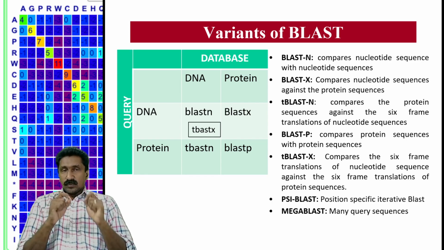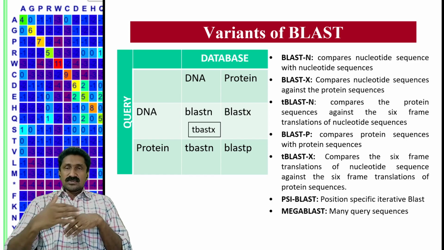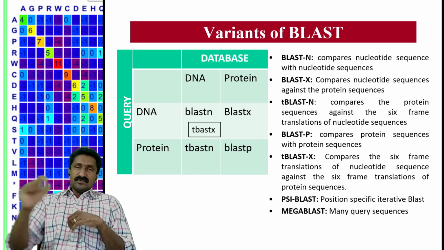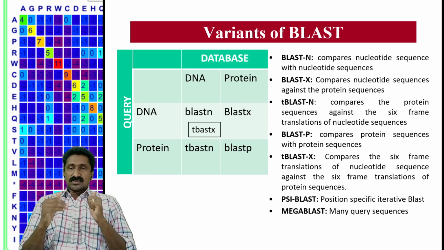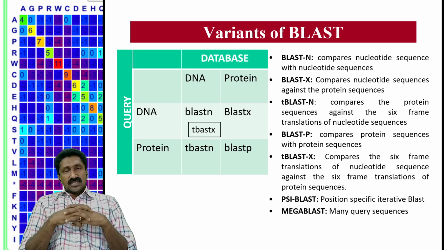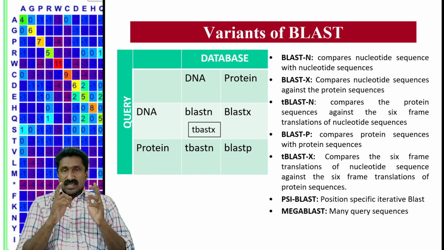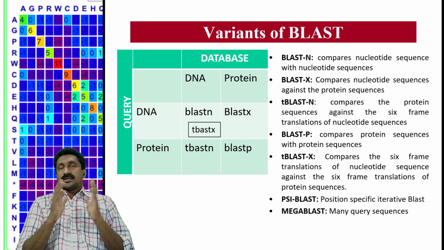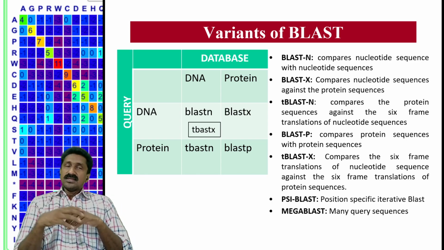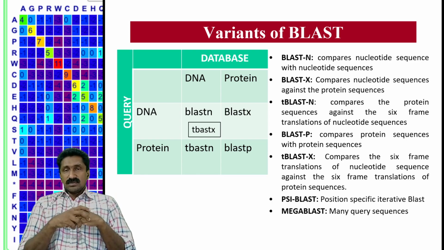So you have a protein query, your DNA will be translated accordingly, and all the possible protein sequences using the 6 reading frame possibilities will be calculated. And now you will get a functional protein sequence from that computational translation. Your protein query will be compared against that type of translated sequences. There you require TBLAST-N. And BLAST-P is another one which compares a protein sequence against a protein database. So if you have a protein sequence and you just want to identify the protein from the database, then the simplest option is BLAST-P, and P indicates a protein sequence BLAST.